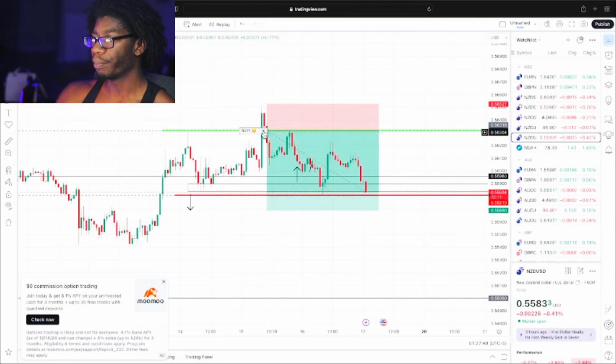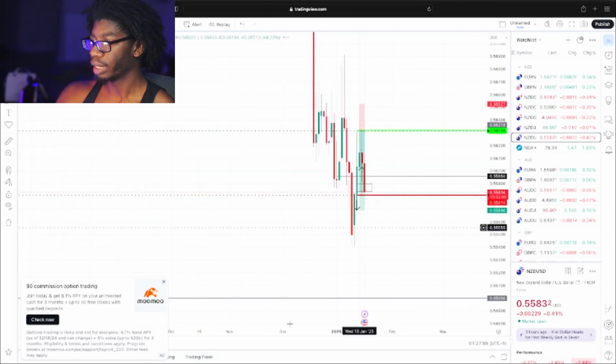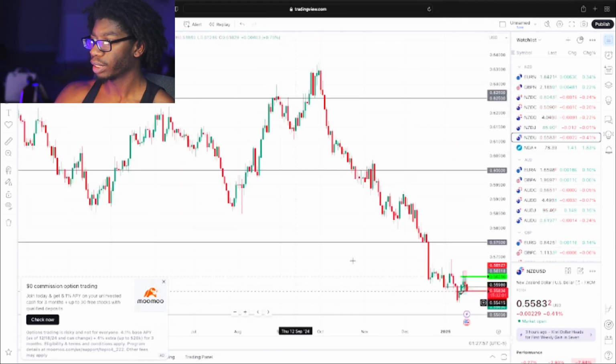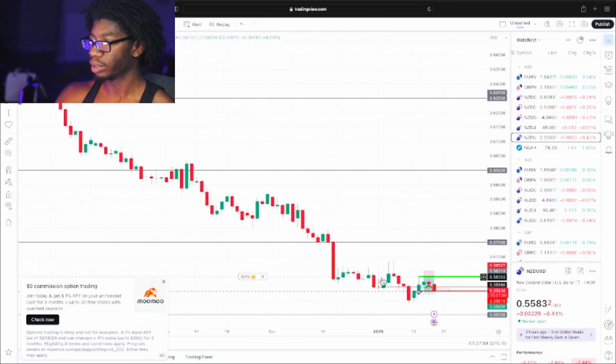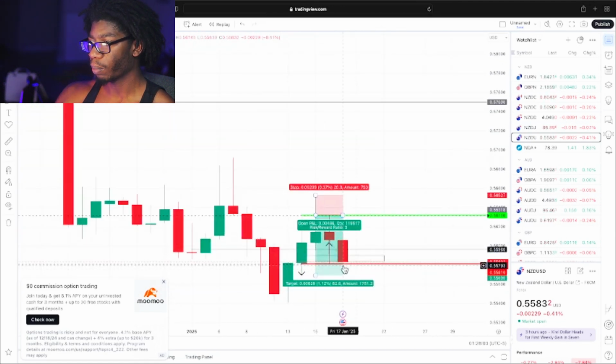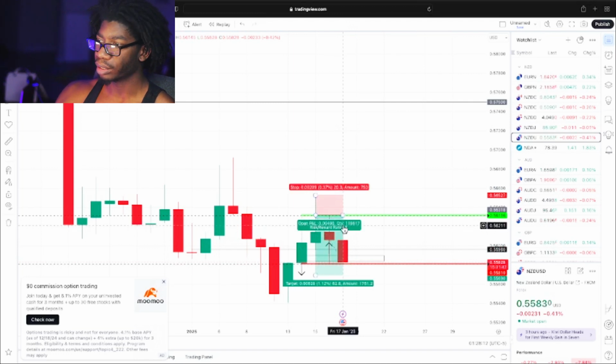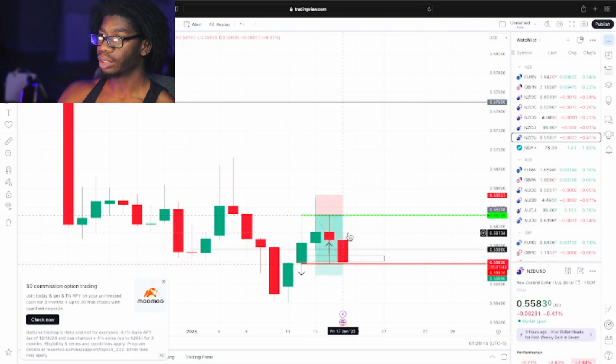I missed this entry here, so I marked it up on the daily, and that's why I have this red line and this green line here. Whenever price decides to actually break, which 9 times out of 10 is breaking to the downside, I'm gonna get some sell entries here, and then I'm going to make sure that price does not try to reverse. I'll probably start at 2 o'clock. It's currently 12:28. I do this during London session,